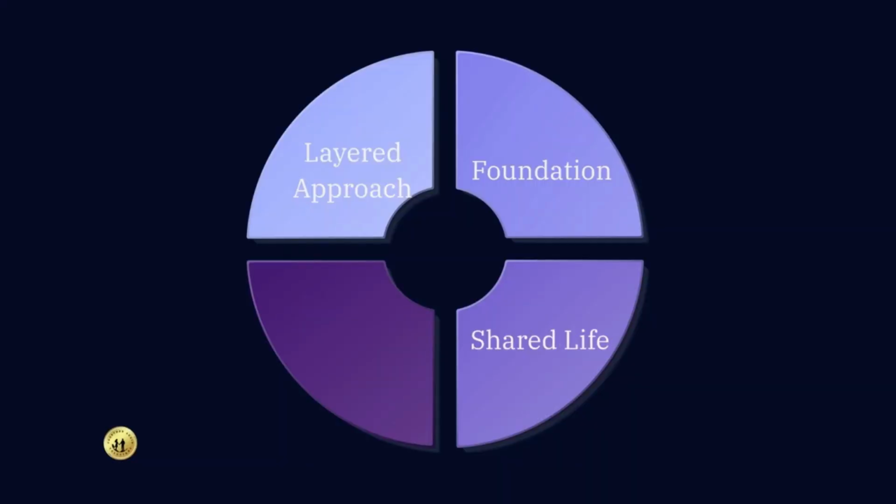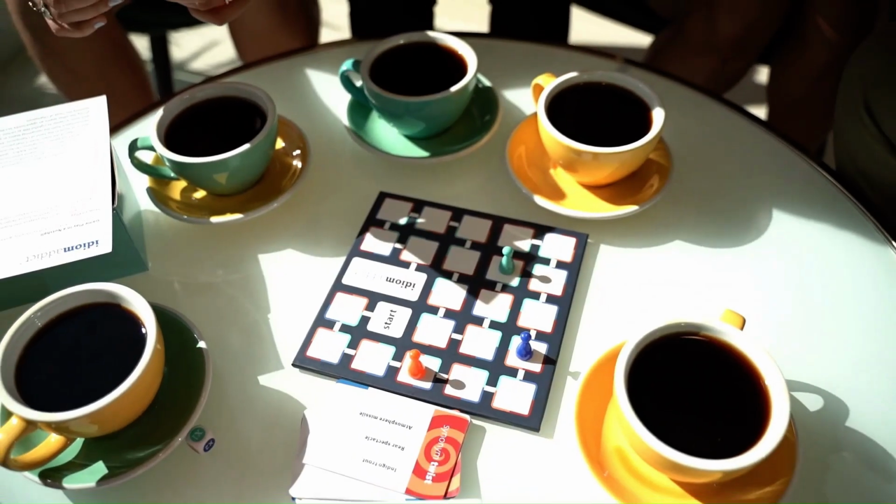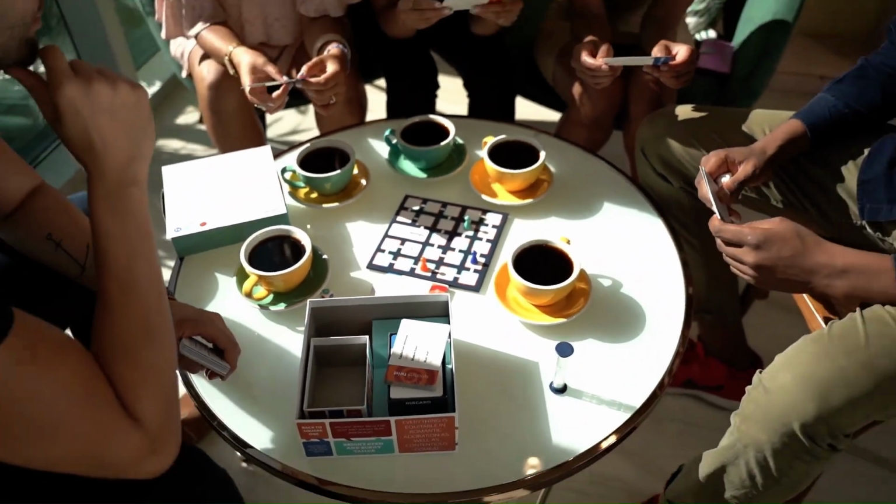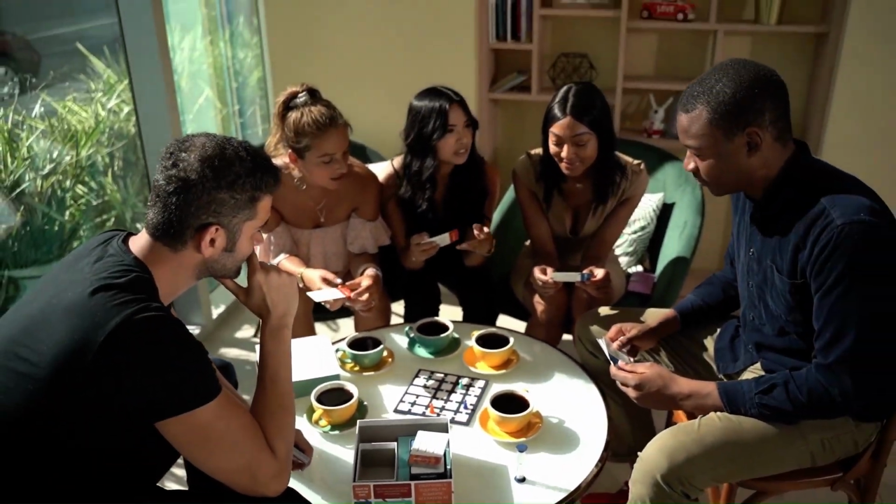Layer 2 is your shared life evidence. This is usually one of the strongest signals because it shows how your lives are connected in practice. Ask yourself this: if someone looked at your situation from the outside, somebody who didn't know you, would it be clear that you are building a life together? For this layer, you really have to show 2 things. First of all, show that you have visited each other or that you live at the same address. Secondly, show that this has been consistent over time and is